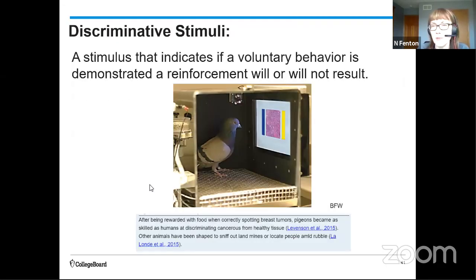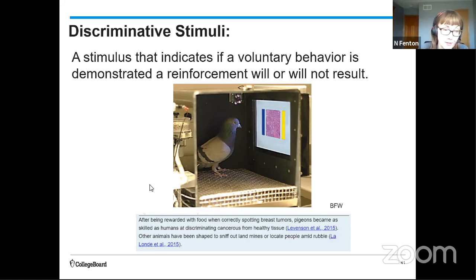Another term that goes with operant conditioning is this idea of discriminative stimuli. So this is a particular stimulus that indicates if a voluntary behavior, like if you do something, will work or not, right? So on a very simple level, Skinner could teach a pigeon to peck the key in the operant chamber if it saw a blue light, but not if it saw, say, a green light or a red light, right? So that stimuli signal to the pigeon when that behavior would actually work, right?